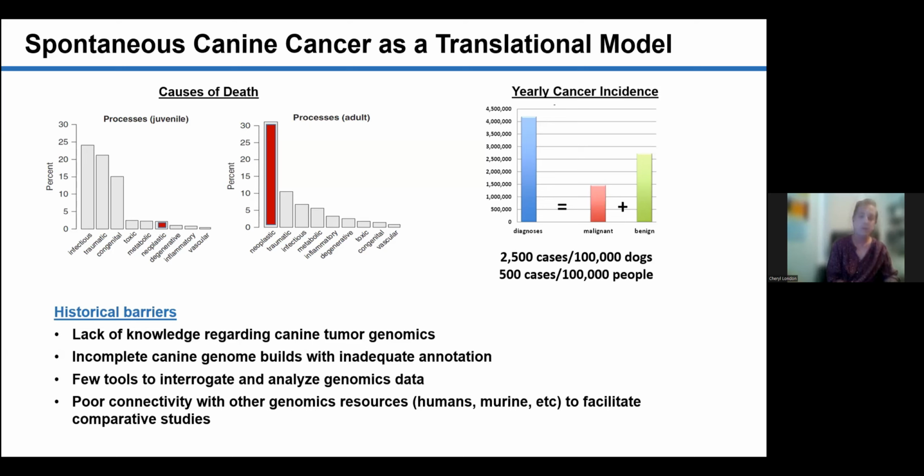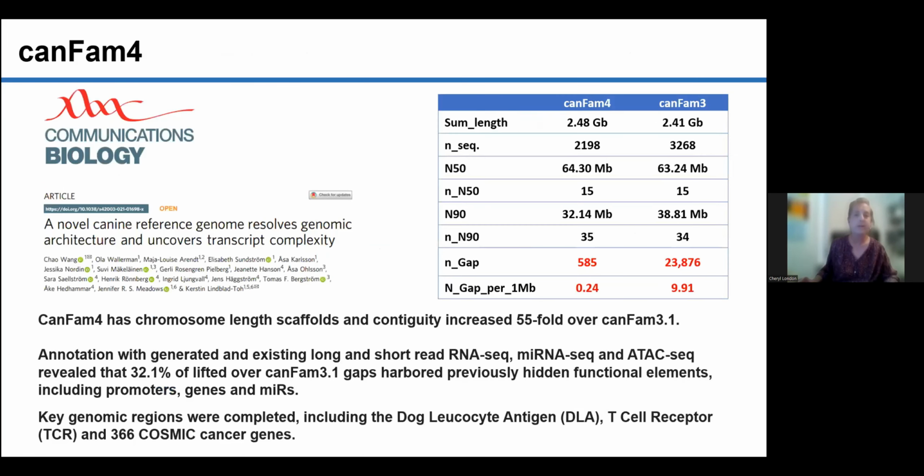And this really was discussed in depth at a meeting that was held in the National Academies in 2015, where the communities of human and veterinary and pharma and everybody really involved in cancer research came together to discuss these barriers and to chart a path forward. So just in general, much of the progress we've made has really been in the last 9 to 10 years.